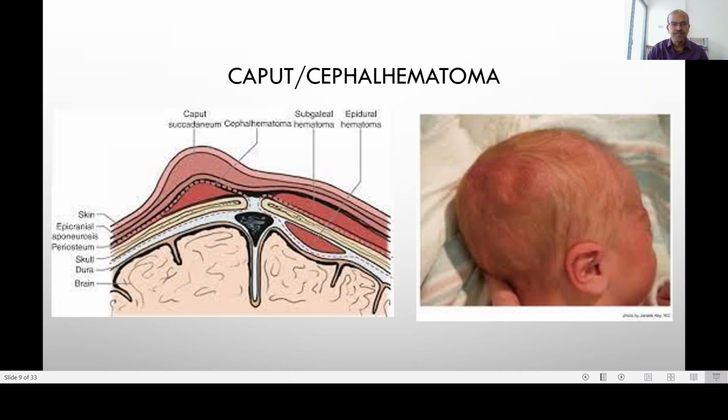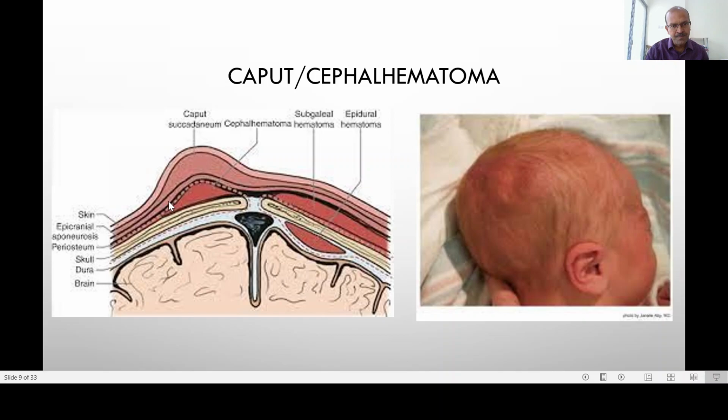Another common concern when we look at the head of the baby is presence of caput and cephalhematoma. So we have the layers of the scalp starting from the skin. If there is a collection under the skin because of the position of the head or the use of vacuum, it's usually caput, and that is serosanguinous liquid which seeps out of the vessels due to the pressure around delivery. We have the periosteum, which is the covering of the bone, and if there is a bleed under the bone covering and over the surface of the bone, it's limited by the periosteum to that bone surface. This is called a cephalhematoma.